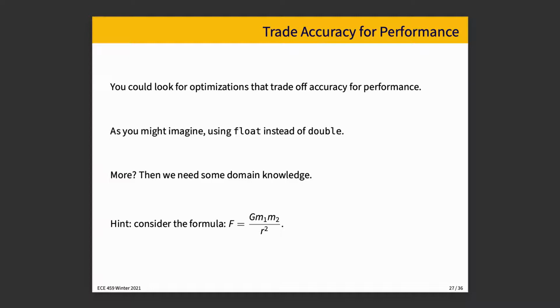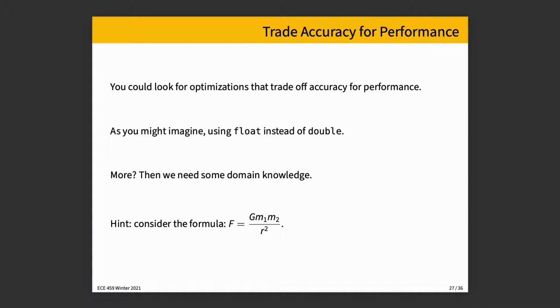If you want to do more than that, then we have to apply a little bit of domain knowledge. That is, what do we know about the problem? And based on that, how do we make some decisions about what's important and what's not? And if we think about what is important in the N-body problem, where things interact with gravitational forces, the first